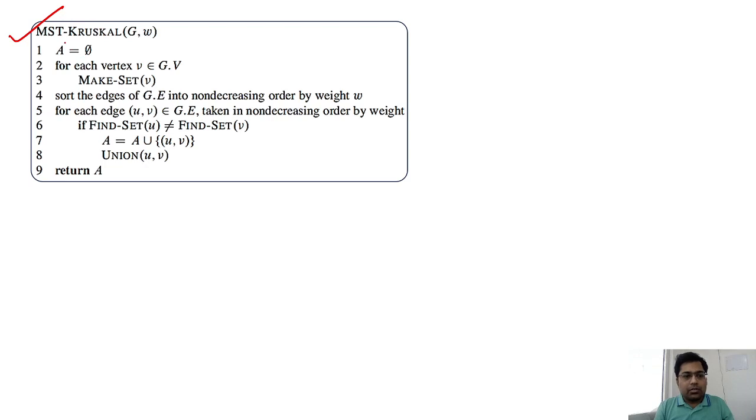So whenever we find the MST with Kruskal, G stands for the graph and W stands for the weight here. But this is not our theme to discuss. Our main theme is make set, find set and union, and how they work. So to give a proper example, I will take